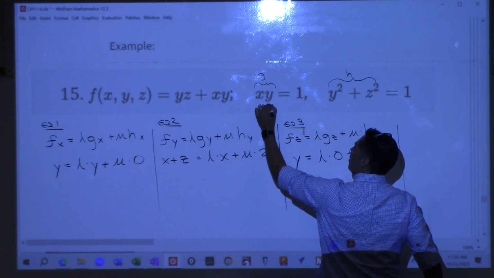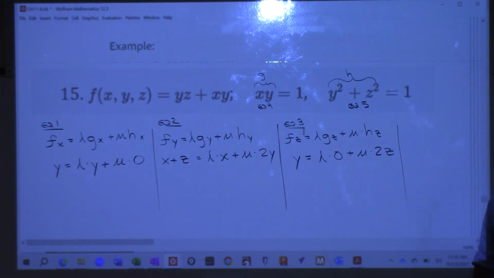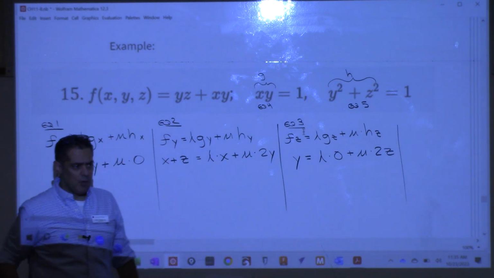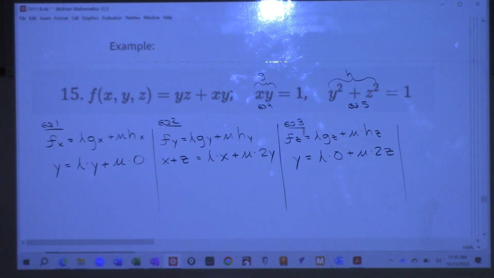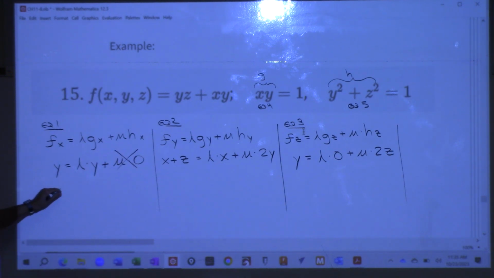Equation 4 is that one, and equation 5 is this one. Got it? So we've got to find the x, the y, the z, the lambda, and the mu that make all 5 equations true at the same time. Now, I'm not going to go through this, but let's just see. It's not as bad as it looks. That goes away, right? And so this tells you that y equals